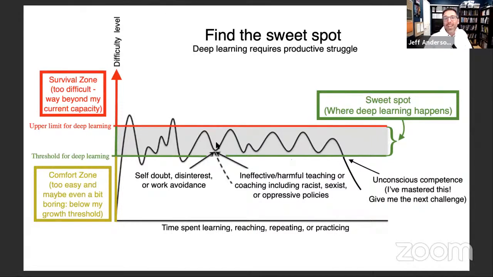So assuming that we have strategies to get us over the hump, so to speak, to keep us in that sweet spot over a long period of time, after we've initially developed what we call the neural network to encode a new skill or new knowledge, eventually what happens is we start to strengthen that. That's where we myelinate our nerve cells and strengthen the interconnectivities.